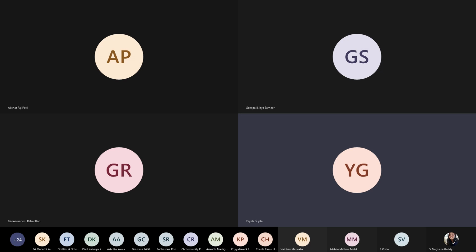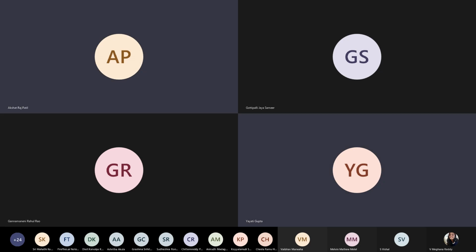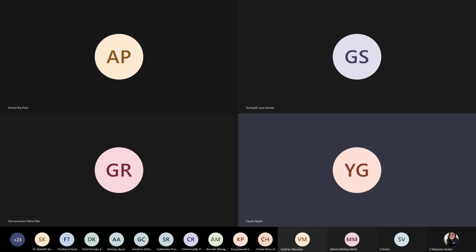Okay, so I'll start with dynamic memory allocation. We'll just finish this today. Next week onwards, we'll be starting with structures and linked lists. Have linked lists been started in your theory classes? No, ma'am. Okay, so maybe this week you will read about them. In the next lab, we'll go about how we can code them.